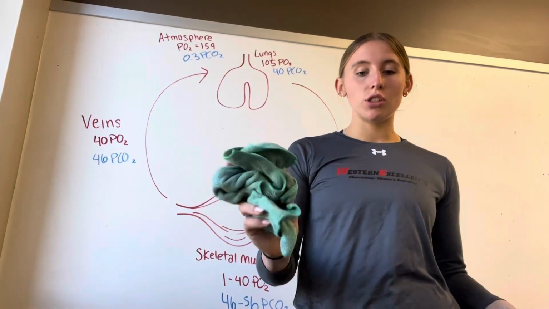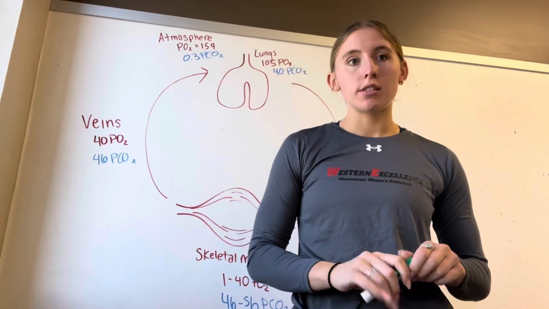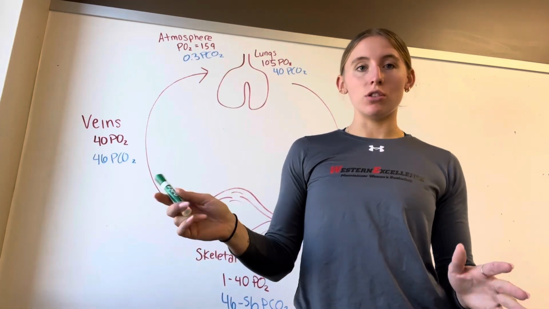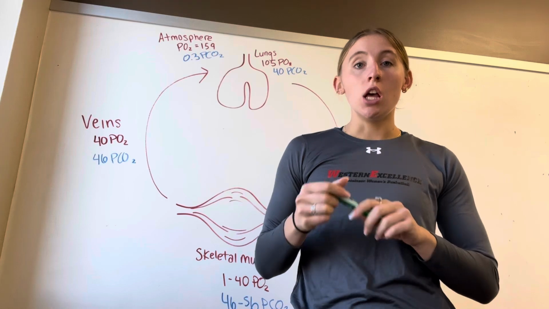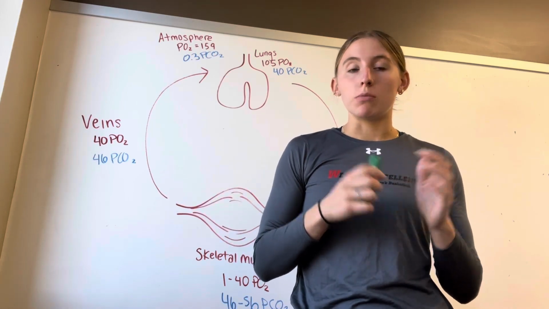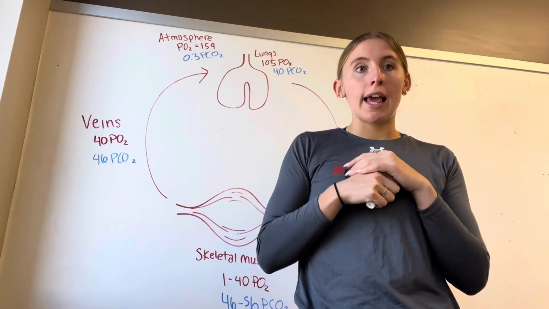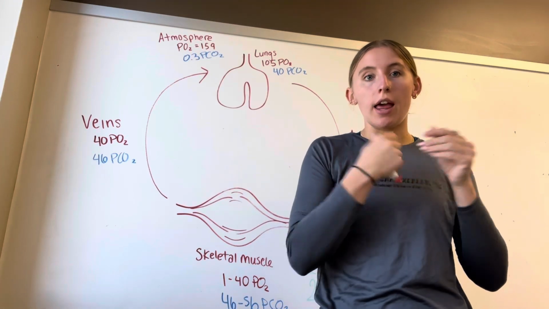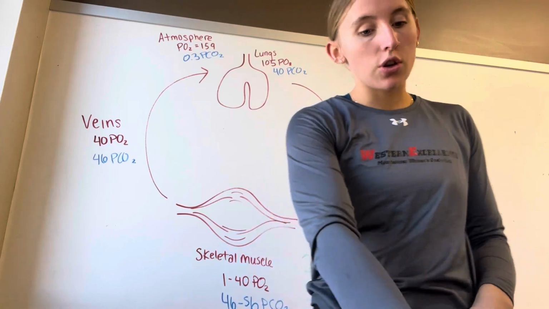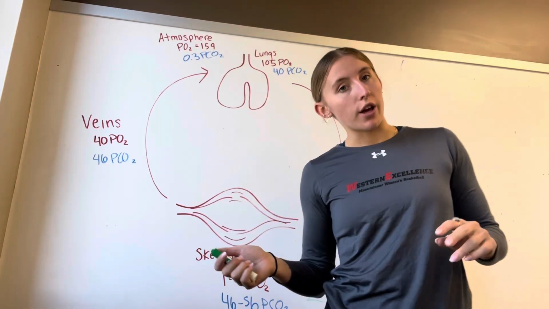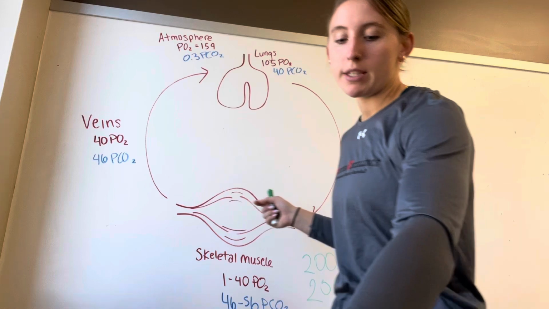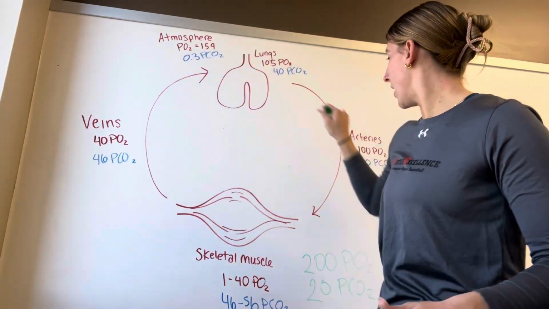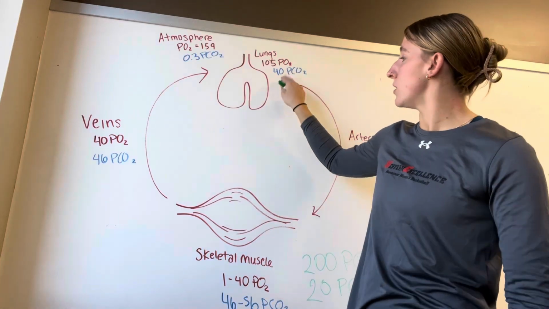Okay, question 2 of exam 2 asks, what would happen if I put a magical spell on you and made your muscles have a partial pressure of oxygen of 200 millimeters of mercury and a partial pressure of CO2 of 20, and how would that affect performance? So here's another really good drawing of basically the partial pressure of oxygen in the red and the partial pressure of CO2 in the blue.